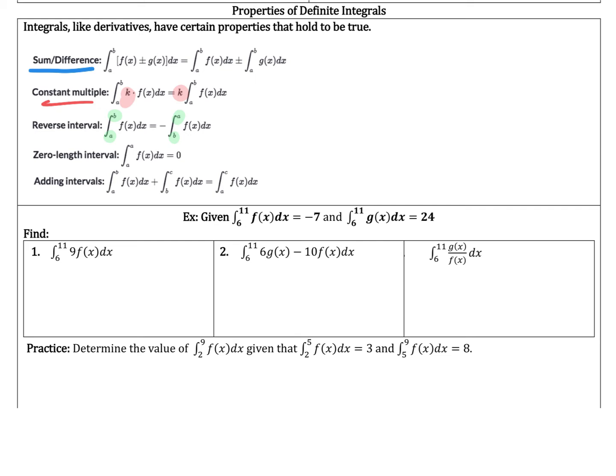The only thing that we have to do in order to flip something is to put a negative in front. So let's say that we had the integral from -4 to -8 of some function f of x dx. Now, that is sort of weird to think about because -4 is actually larger than -8, so it would make more sense for us to be looking at the area from -8 to -4 of this